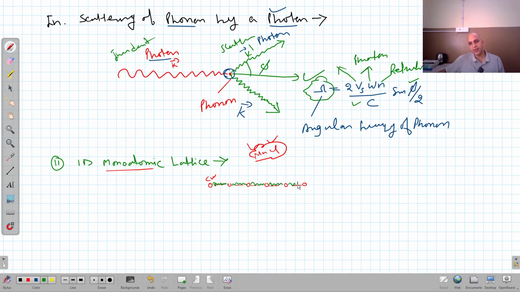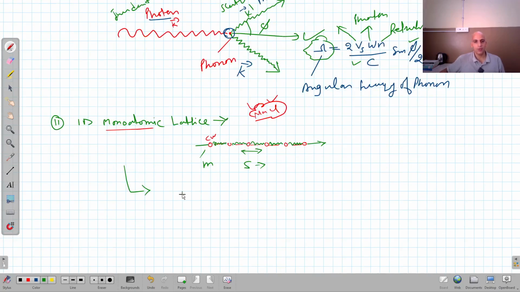So when we apply pressure on these springs, they will start vibrating. Vibrations will be produced in this string, and the individual atoms will get displaced from their equilibrium position. Small m is the mass of an individual atom, capital S is the force constant, or we can say spring constant, right? And when we simplify this problem, then we derive a relation for the dispersion relation, that is omega is